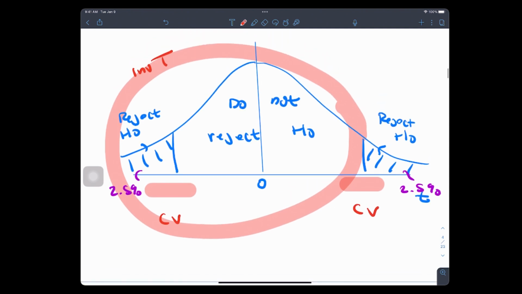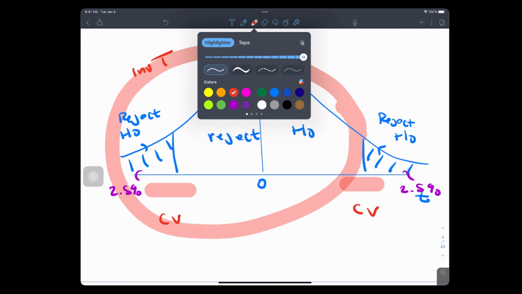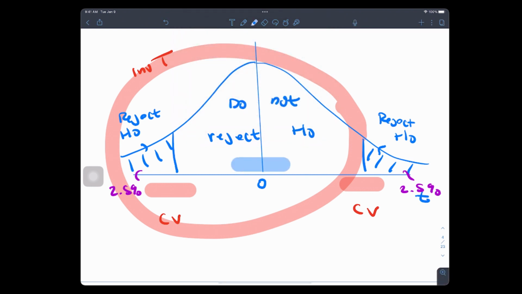You want to know what you need to know? What area is right here? If alpha is 5%. Good job. Isn't that 95%? So when they have that area value, I take 95 plus 2.5. And isn't that going to be what? 97.5, ladies and gentlemen? This is what you got to do.